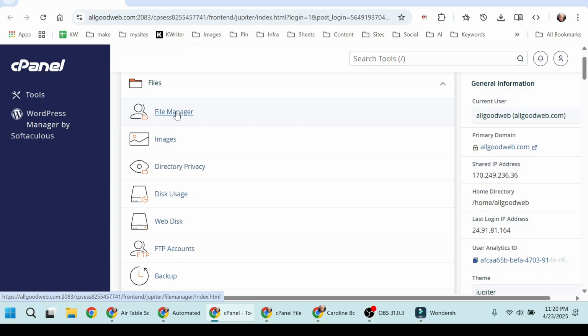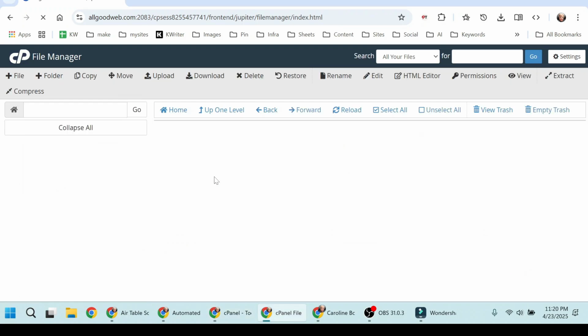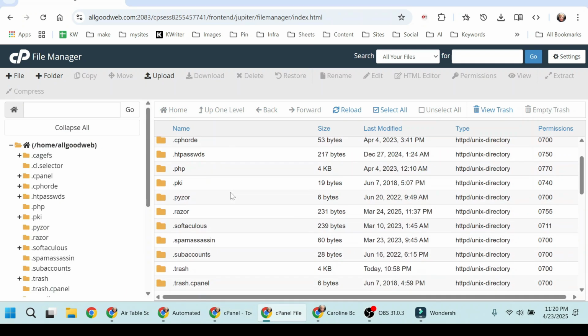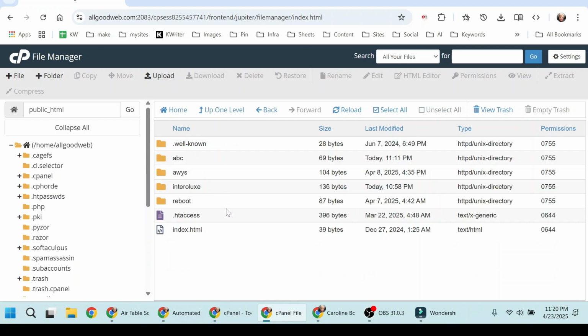But if you have cPanel hosting and it looks something like this, or possibly it's more modern, and you click on File Manager, you'll see that you're put into the root directory of your domain. And your website is going to be in the public HTML area. That is where, for example, this is allgoodweb.com. And so if I were to say, show me what's at